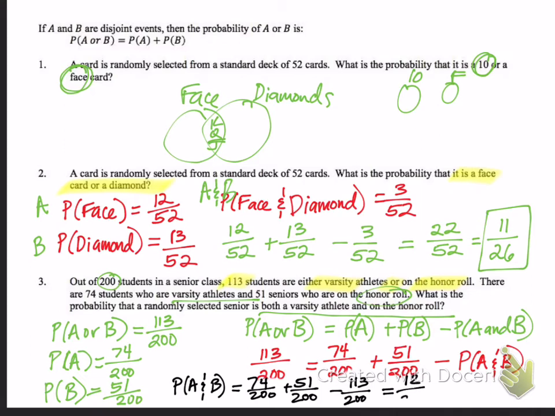There's quite a small change. And you end up getting, that reduces to 3 over 50. Oh, that is sad. Every single person